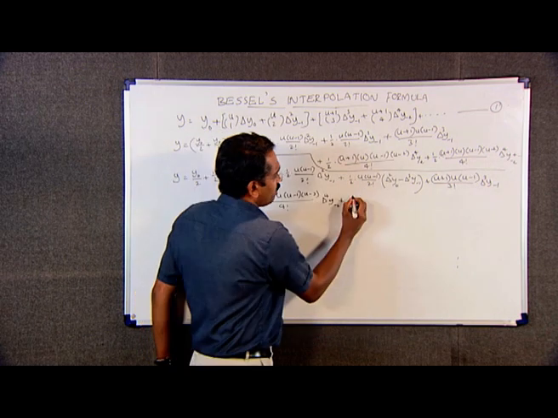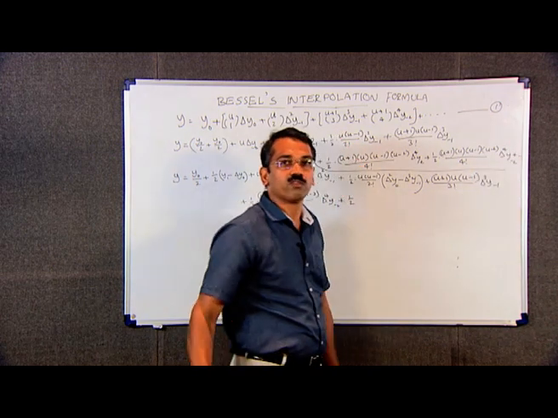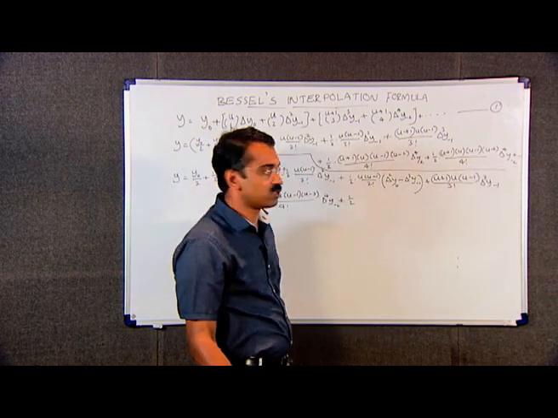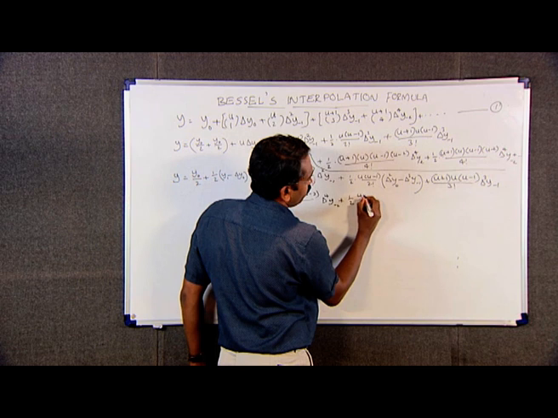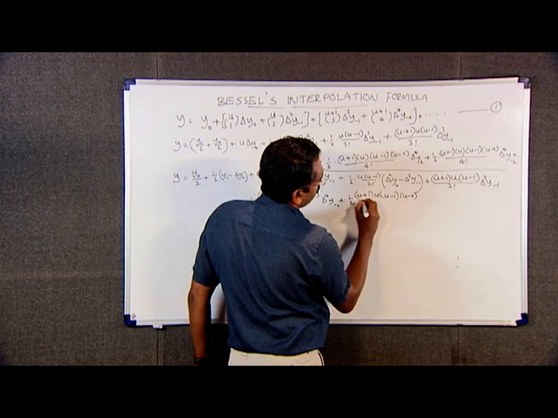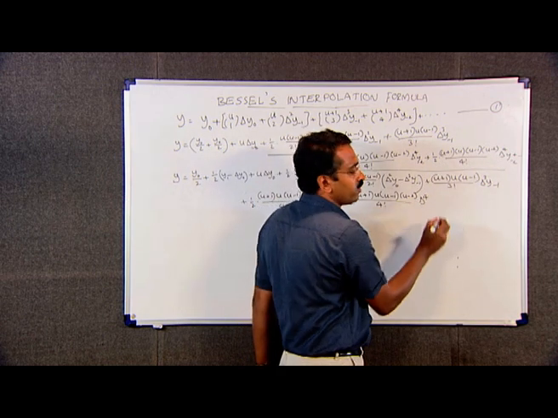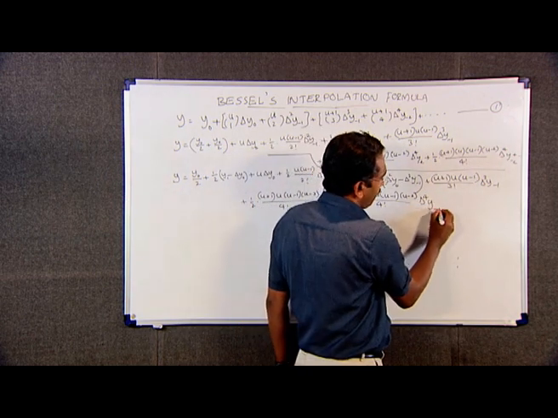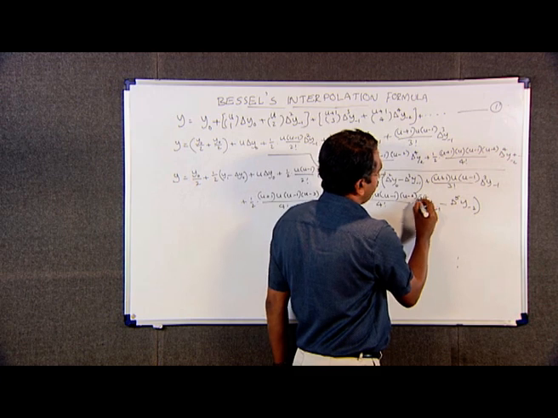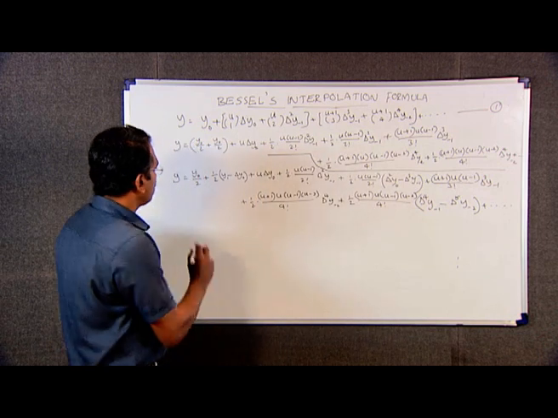Plus, for the second split up, we use the result for delta raised to 4 y minus 2 as delta raised to 4 y minus 1 minus delta raised to 5 y minus 2, that is 1 by 2 into u plus 1 into u minus 1 into u minus 2 divided by 4 factorial into delta raised to 4 y minus 1 minus delta raised to 5 y minus 2, plus etc. This is equal to,